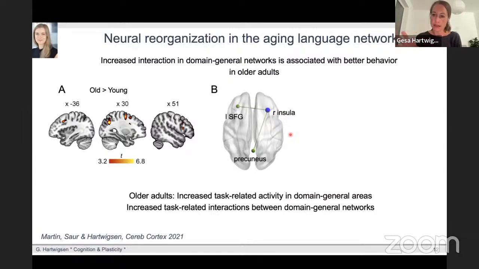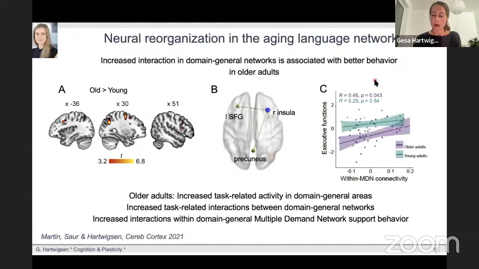So we modeled the interactions of different network nodes that were active during the task. And we see that during the task, we find increases between nodes from the so-called multiple demand network, the cognitive control network, and the default mode network. And we also have reasons to believe that some of these changes are associated with good performance, because we found